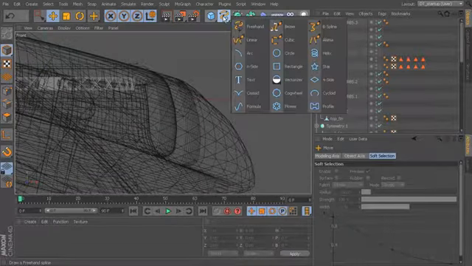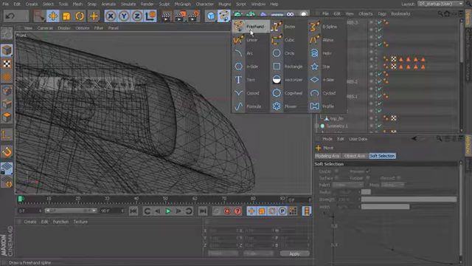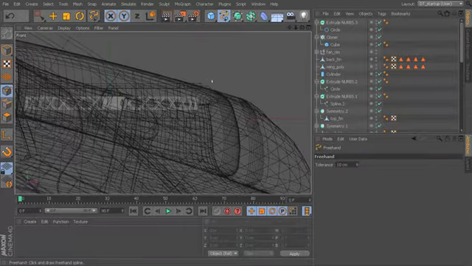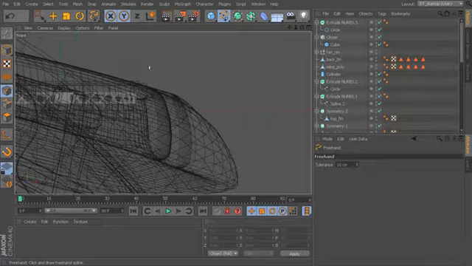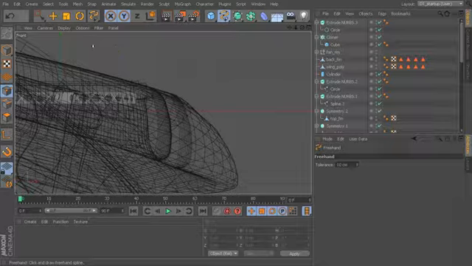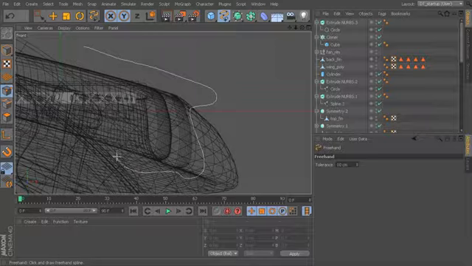And so let me just use a different kind of spline this time. Let's maybe just use a freehand. And so this is going to allow us to draw this out a little bit differently. So rather than clicking and placing points, we're going to click and draw. So I'm going to start kind of right here, and I'm going to click and draw a shape that I want to create. So coming down here, up here, and then around the front